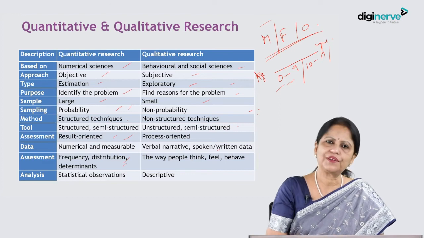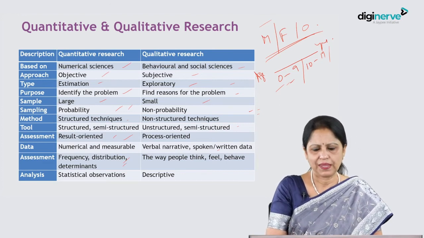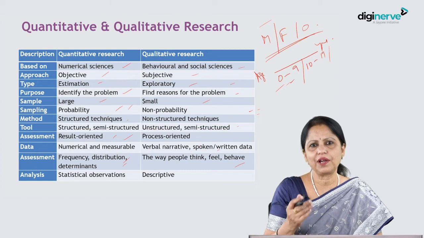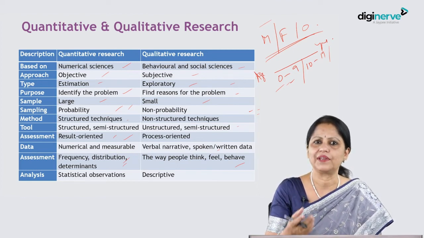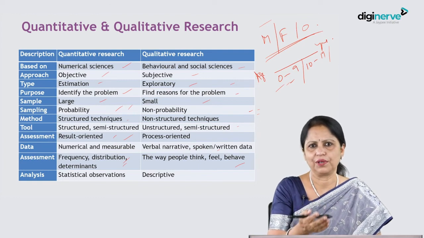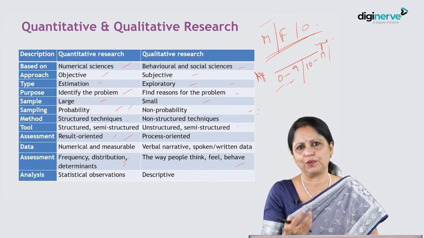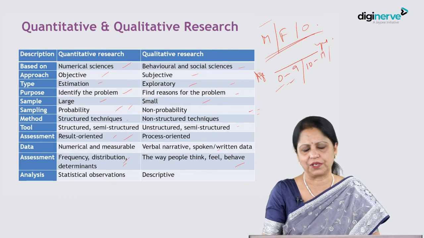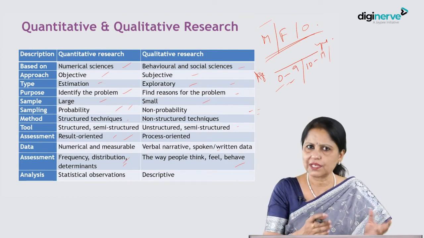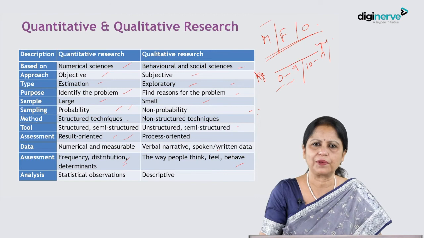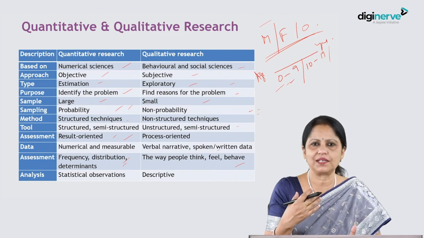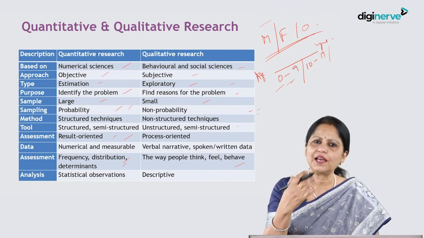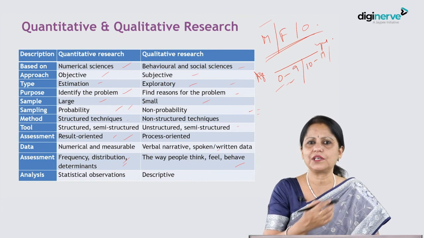As I told you, here it is frequency, distribution and determinants. In qualitative, we want to find out how people think, how people feel, and how they behave. Like the example I gave you of vaginal discharge in a married woman who couldn't take treatment. Why? Because she said some reasons. There was no one to accompany me. She said, I thought it will resolve on its own. But from the look on her face, or the way she suddenly behaved, we realized that she was embarrassed. So maybe she has not told anyone.